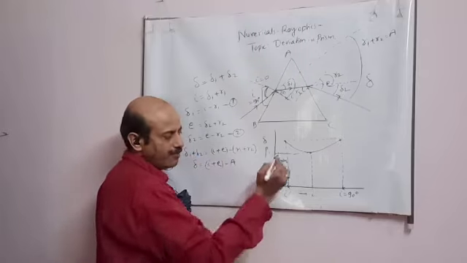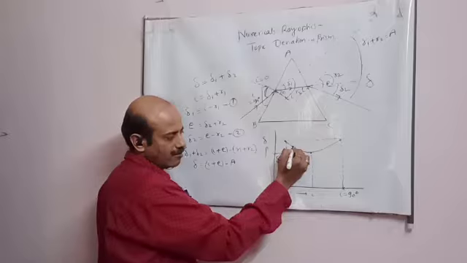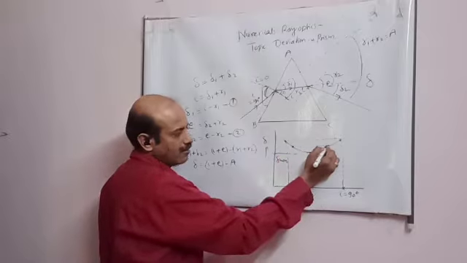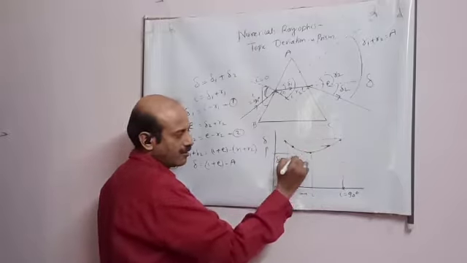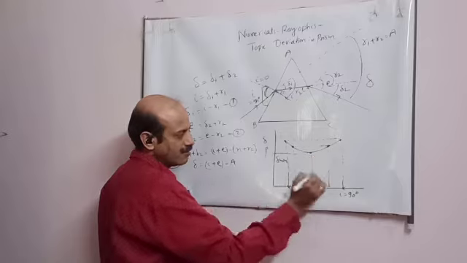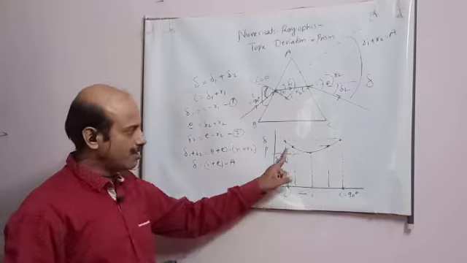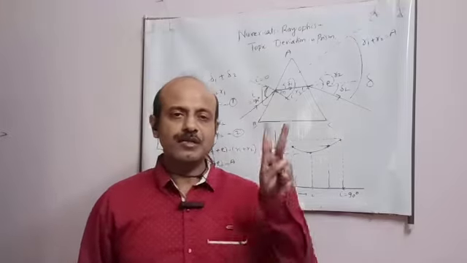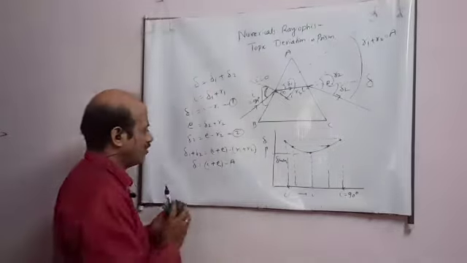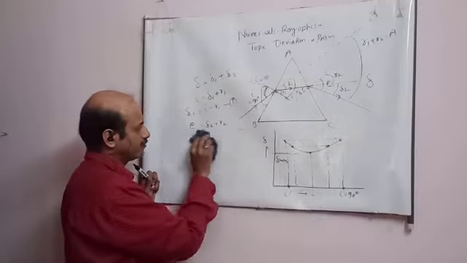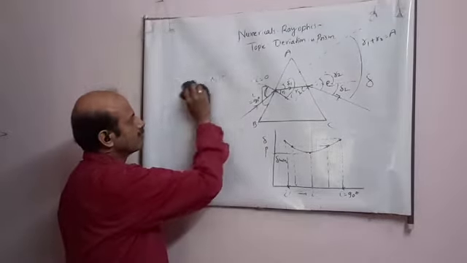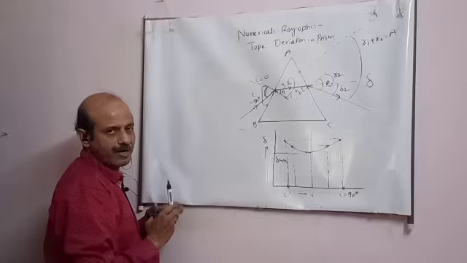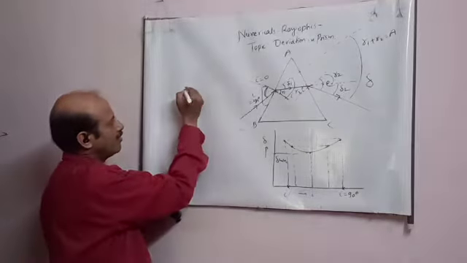Other than this, student, if you see any other point of the graph, you will get two different angles of incidence where the deviation is the same. This point you have to note down, student. One numerical is based on this fact. What I am writing, see, I am writing it here.